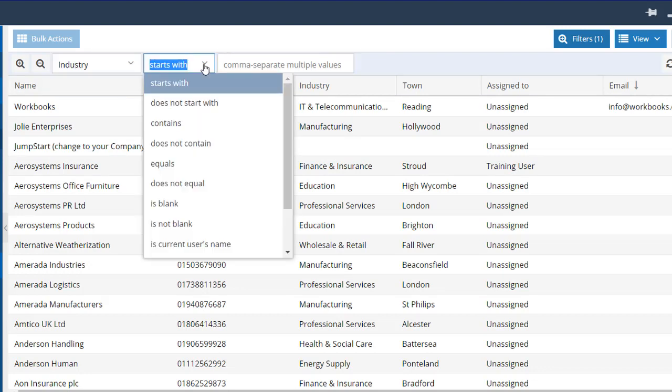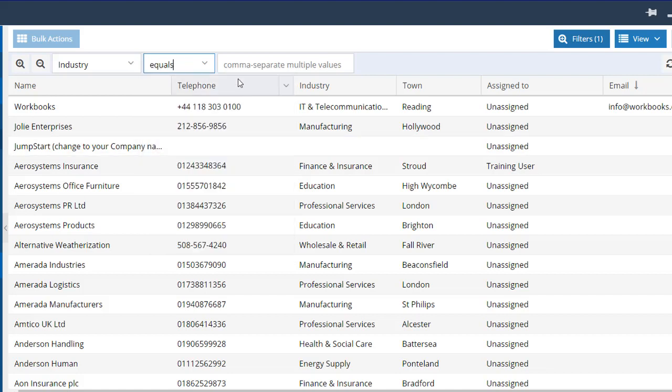and then I've got a choice of what we call the operator. So does the industry start with or contain or equals or whatever it might be. It's best practice, if you can, to use an exact operator such as equals rather than contains, because it helps to return results quickly for you. So I'm going to say equals IT